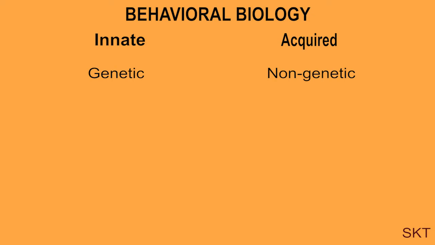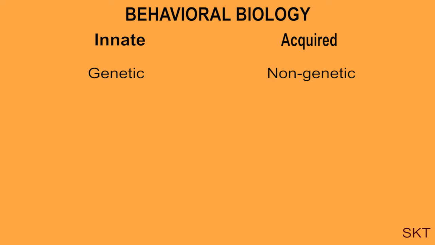Innate behaviors are species specific and sex specific, whereas acquired behaviors are not species specific. Innate behaviors are predictable but not modifiable, whereas acquired behaviors cannot be predicted but can be modified. Innate behavior is the outcome of inherent properties of the nervous system, whereas acquired behavior is a pattern of behavior changed in time and learned from previous experiences. Innate behavior is heritable, that is, it is inherited from parents, whereas acquired behavior is non-heritable.